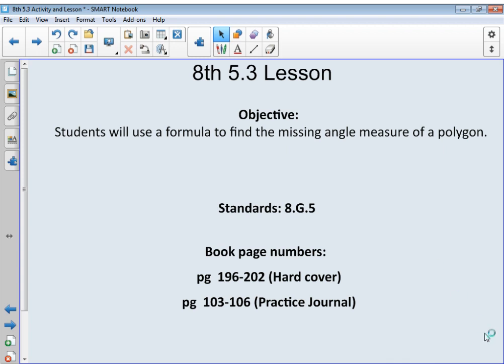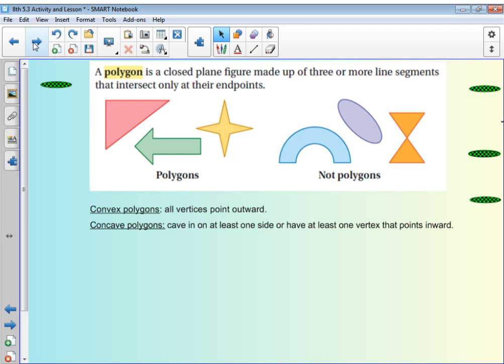This is 8th grade lesson 5.3. In this lesson, students will use a formula to find the missing angle measure of a polygon. The standards covered in this lesson are 8G5. The page numbers out of the hardcover book are pages 196 through 202, and out of the practice journal, pages 103 through 106. Okay, we're going to review really quickly some of the stuff that we did in the activity